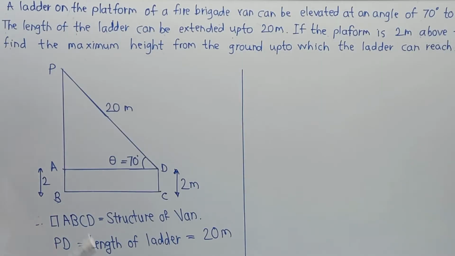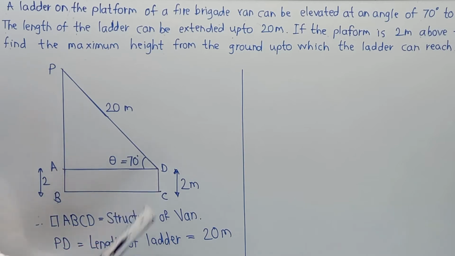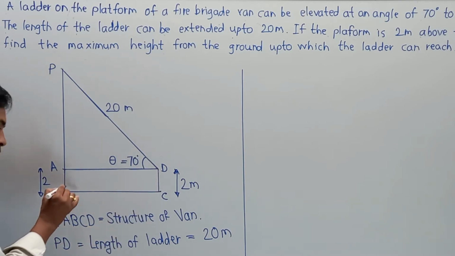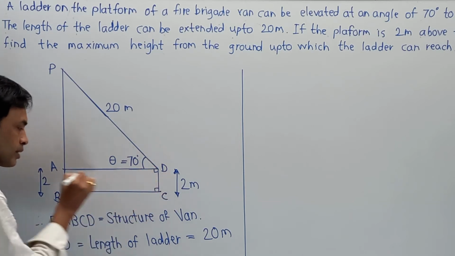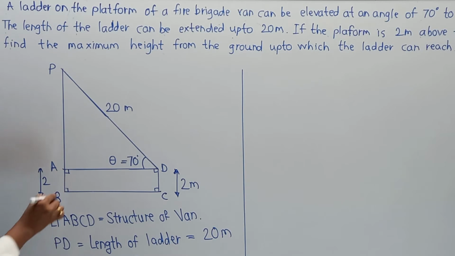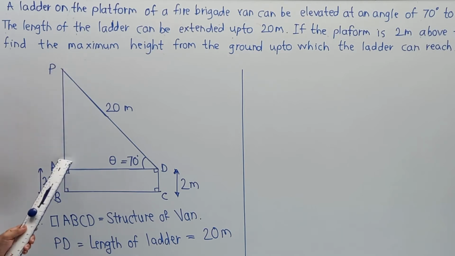Now remember, in this numerical, AB is already going to help you. That is 2 meter. Our target is to calculate PA. So focusing on that diagram, in triangle PAD, some symbolic presentation is required. You can give this angle as 90 degree over here. Why? Because after giving this 90 degree, you can add this 90 also over here. So first, A, B, C, D is the part where 2 meter is directly available in the diagram. So our total focus goes to triangle PAD.